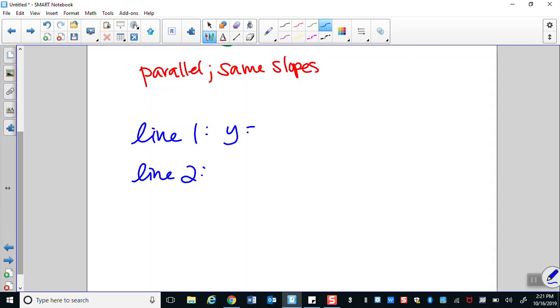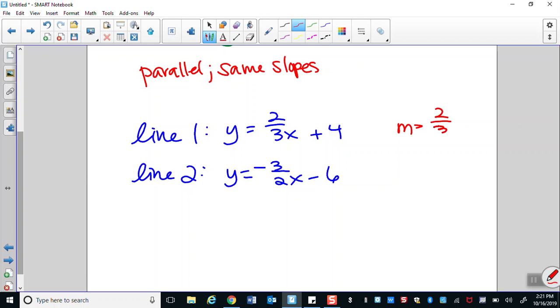Let's say that line 1 is y equals 2/3 x plus 4, and the second one is y equals -3/2 x minus 6. Once you write them down, try to pull out the slopes just like we did in the last one. In the first one, the slope is 2/3. I'm just getting that from right here. And in the second one, the slope is